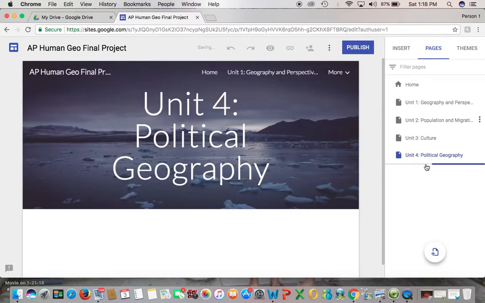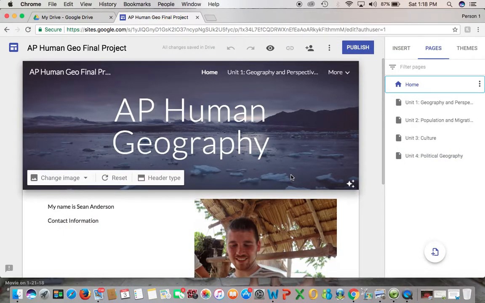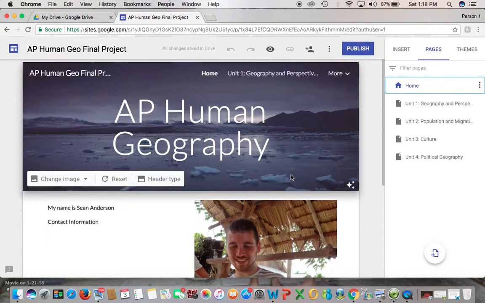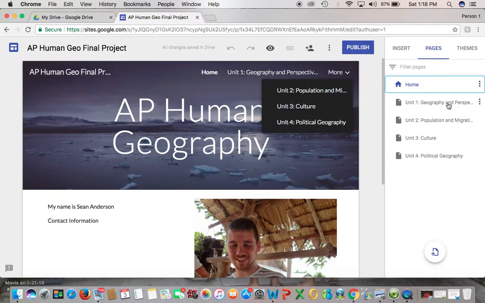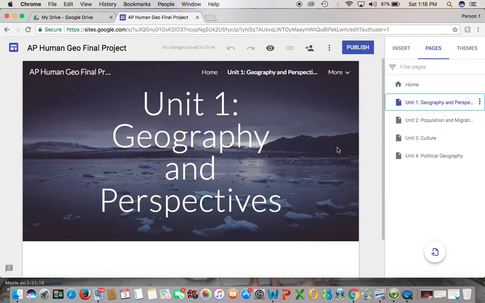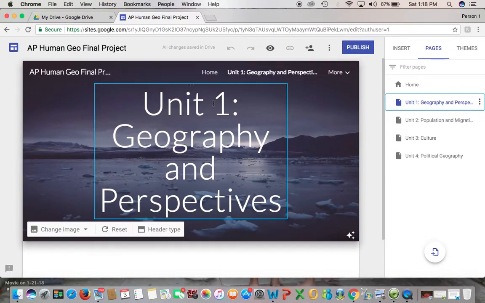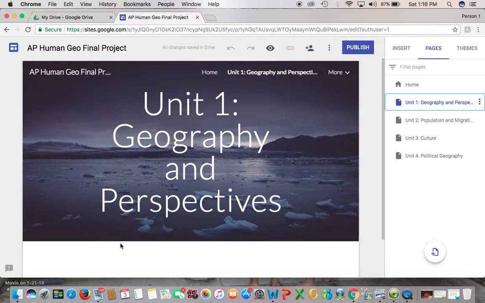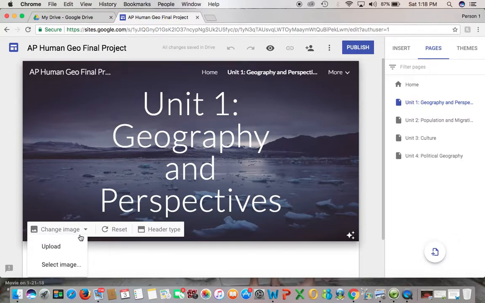Okay, so we have now our units, we have our different pages and everything from here. So our home page again will take us back to this. So this is when you open up the link, you'll see this. Then when you go to the right, again, I can click on my next page, which is Unit 1, Geography and Perspectives. It's going to already put that title on, and I can go ahead and change the images to really anything that I want